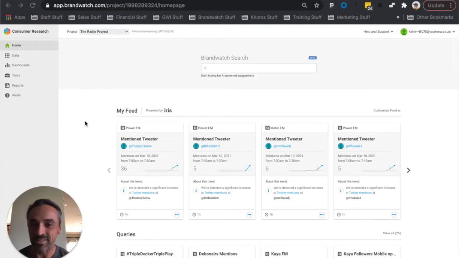Hi, good morning. Today on our Bite-Sized Insights, I thought we would have a quick look at how to use Brandwatch to identify potential market share for sales, for insights, for strategy by using a feature that they call social